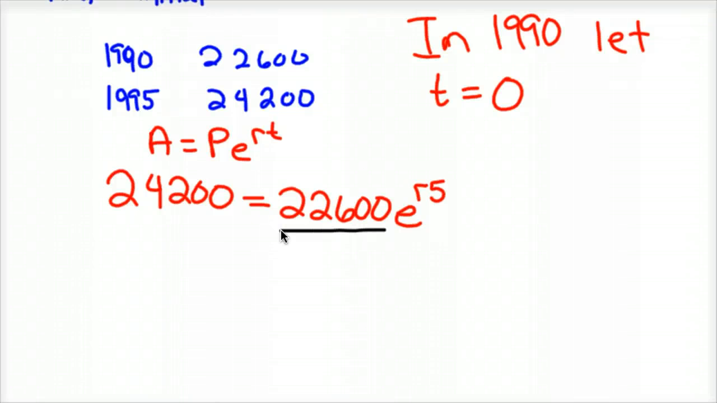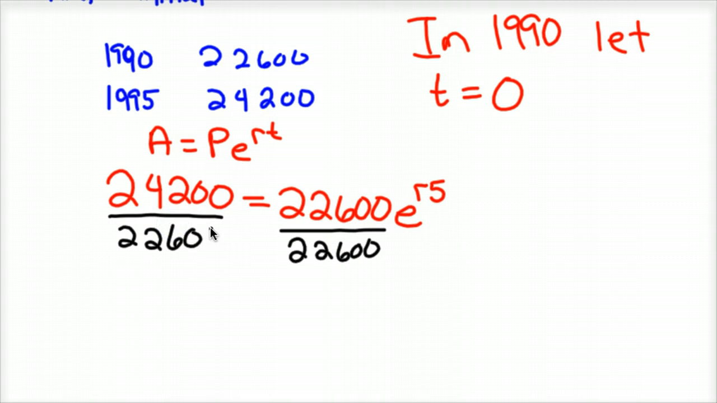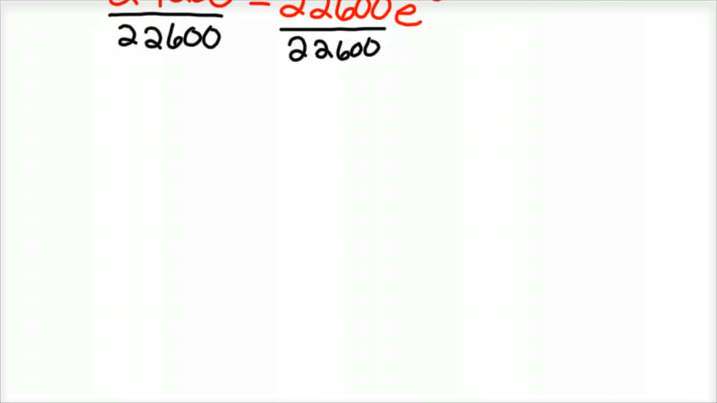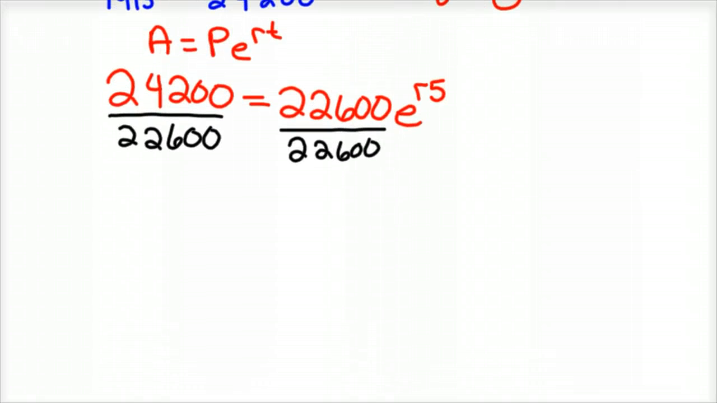You would divide both sides by 22,600 to get the exponent by itself. And hopefully you've looked at a couple of solving exponential equations videos where you figured that out, because this is now the application side of it. We know that 24,200 divided by 22,600 is 1.07. And so that equals e to the 5R. Okay, now to solve this, then